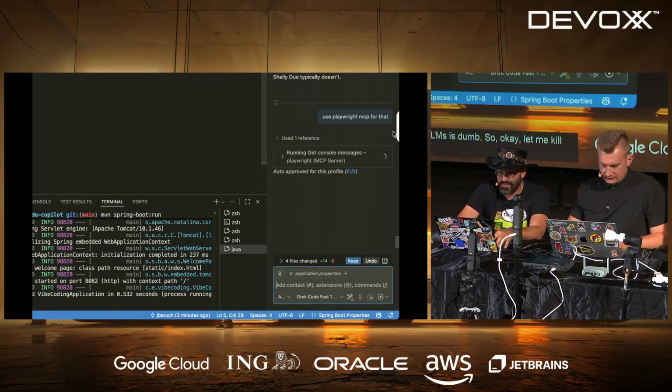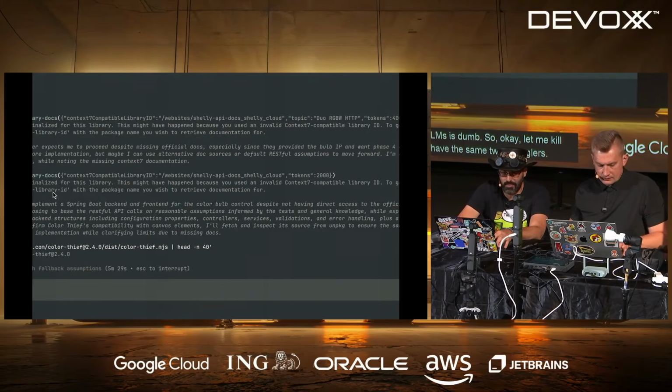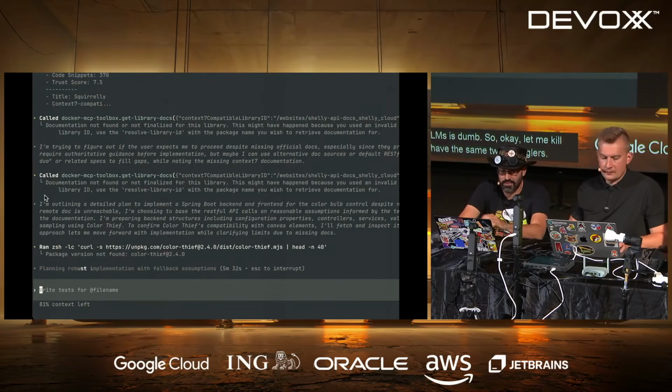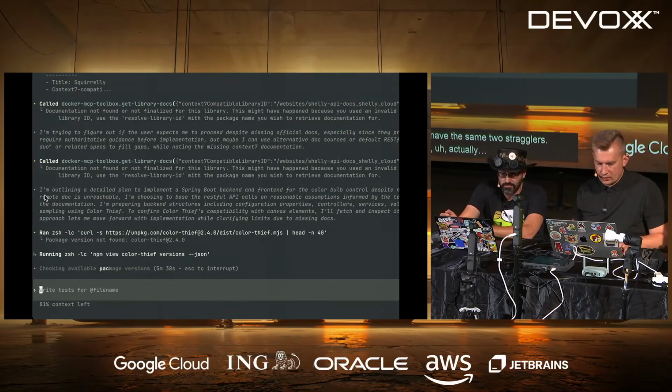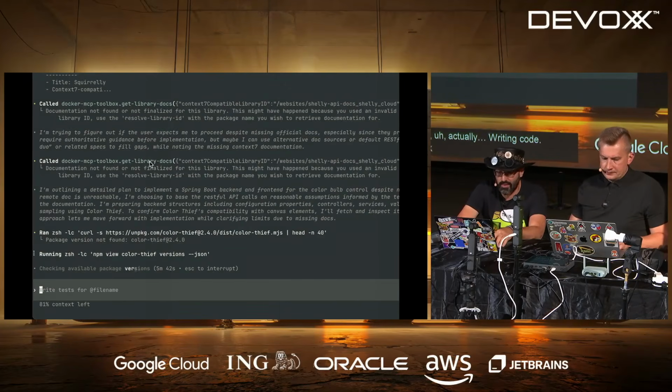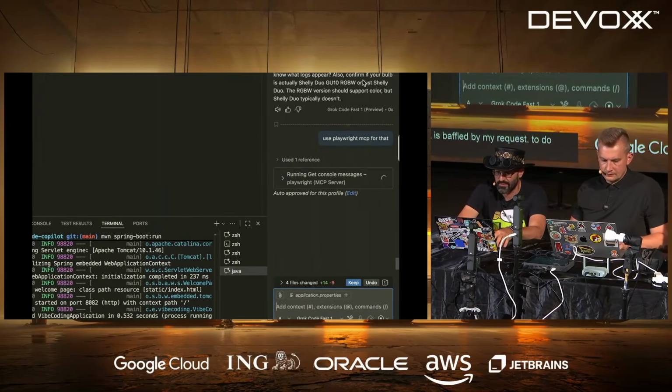I have the same two strugglers. Claude is actually writing code. Codex is writing code, and Grok is baffled by my request to do something with the MCP server.